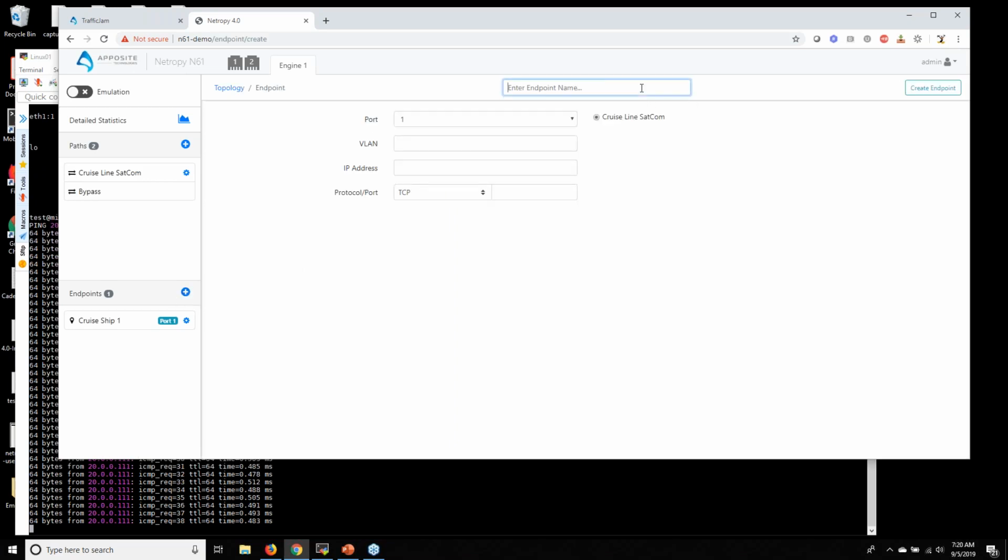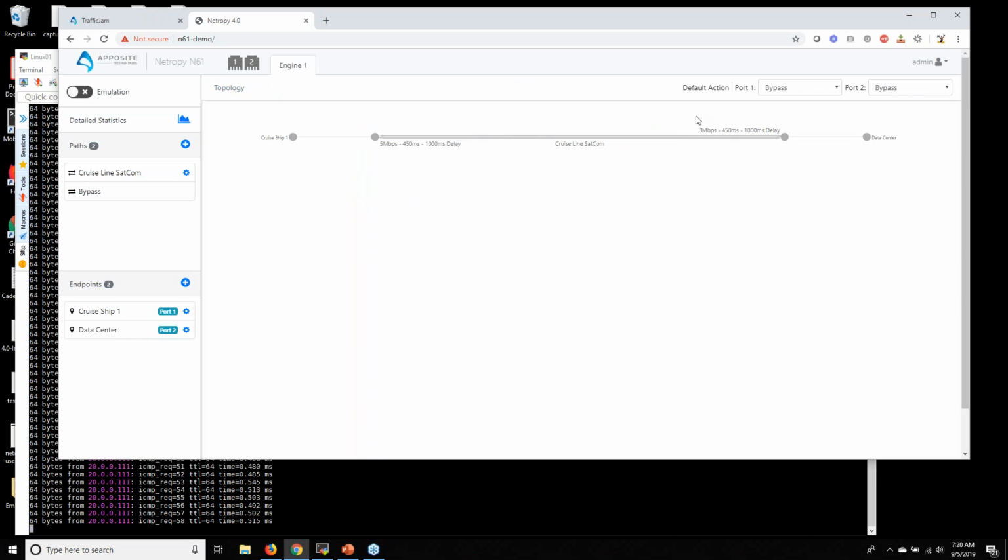So what I'll do is call this one data center, and that's plugged into port 2, and his IP address is 20.0.0.111. I'm going to create this endpoint, and now we have a one-to-one connection.